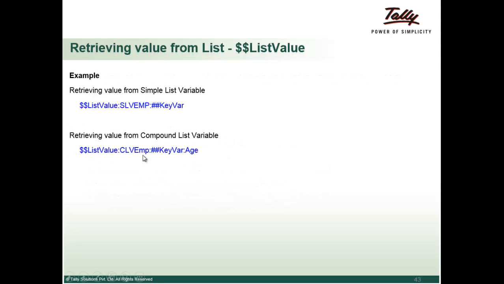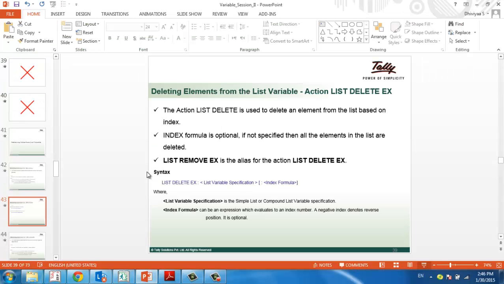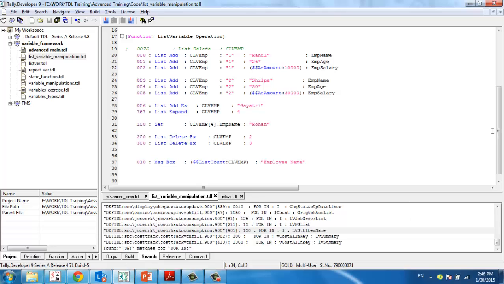So these are some examples. List value, so CLB emp is the list variable, and hash key value is one of the simple variables which holds the key, and then age is one of the member variables of the compound variable CLB emp. So let us use this and see how